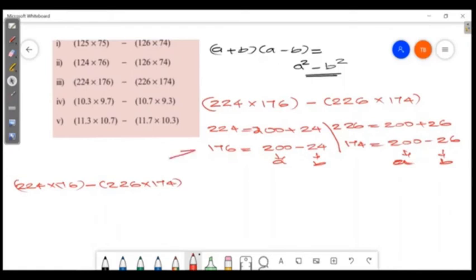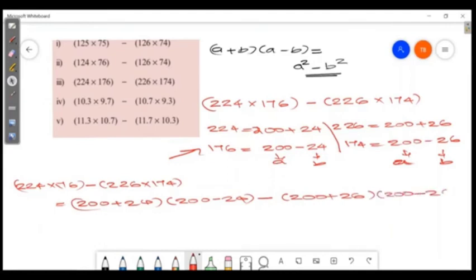Then we can rewrite that third question as 224 into 176 minus 226 into 174, which is equal to 200 plus 24 into 200 minus 24 minus 200 plus 26 into 200 minus 26. The first product is of the form